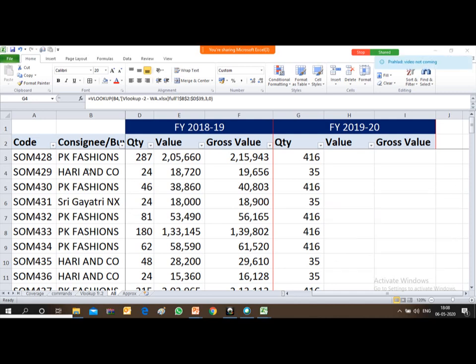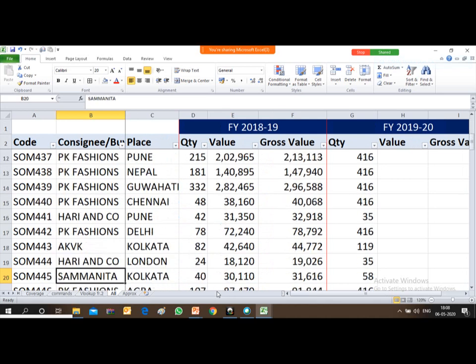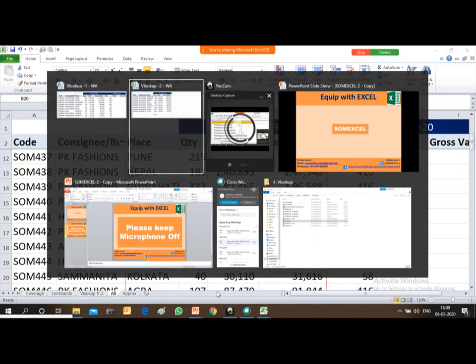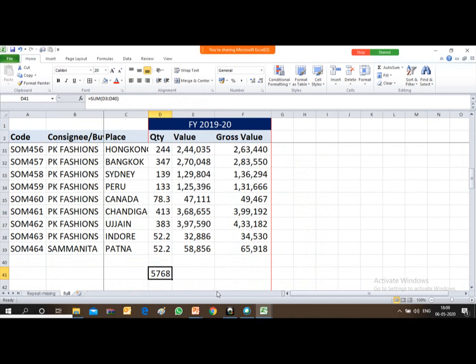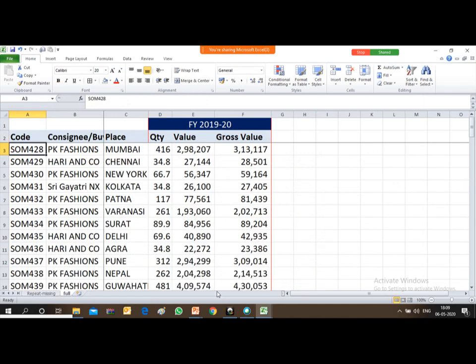So friends, duplicacy in the sense, see over here, PK fashion is appearing, then again PK fashion appearing, lots of PK fashions are there, right? And in the next file from where I have derived the value, here also many PK fashions are appearing. So what is the logic of the formula?